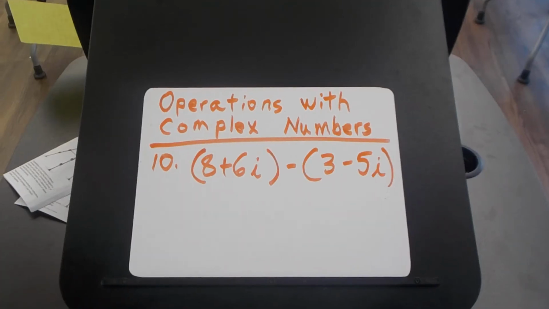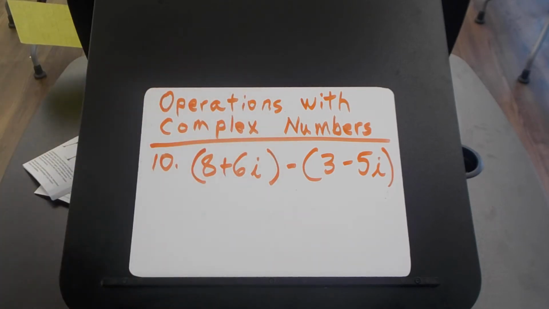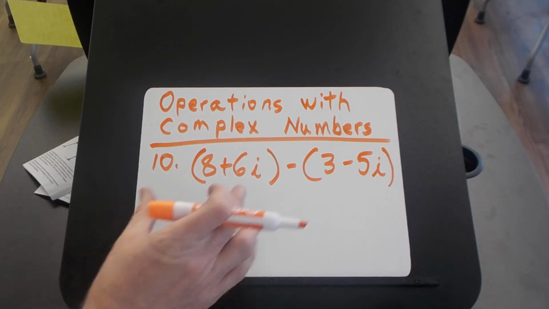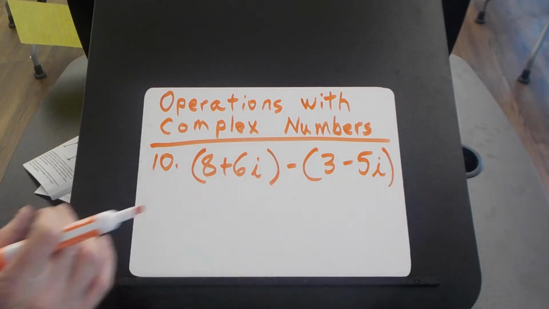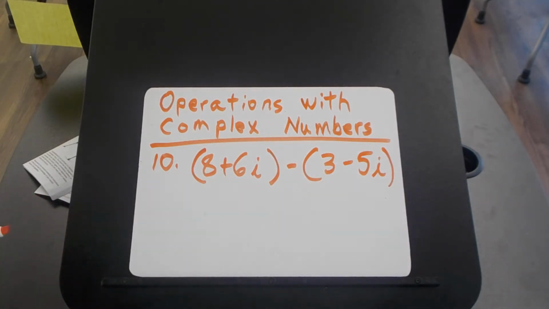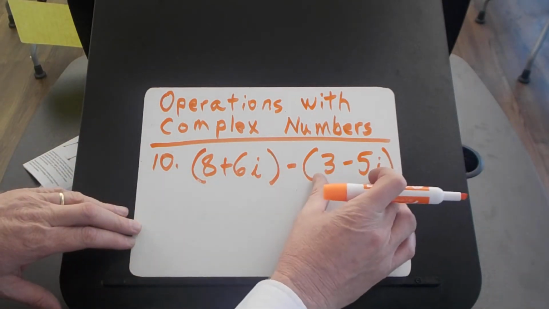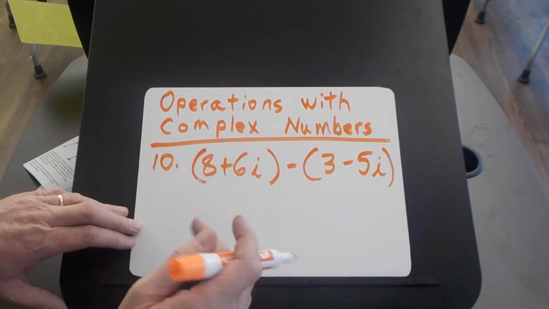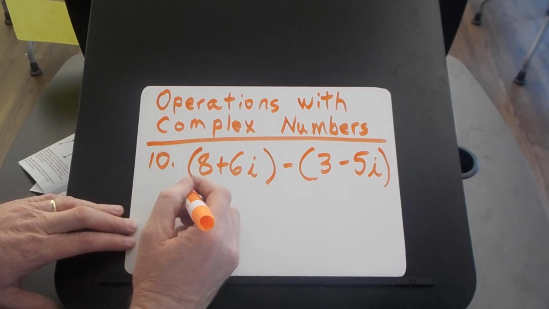Hi everyone. Alright, if you go to your worksheet, the guided notes that we started today, and we go to number 10, we're going to work with, just for the examples, operations with complex numbers. And number 10, you have this complex number, 8 plus 6i minus 3 minus 5i. It's a subtraction. We're going to subtract this complex number from this complex number. So first thing I might want to do is there's nothing outside these parentheses, so I'm just going